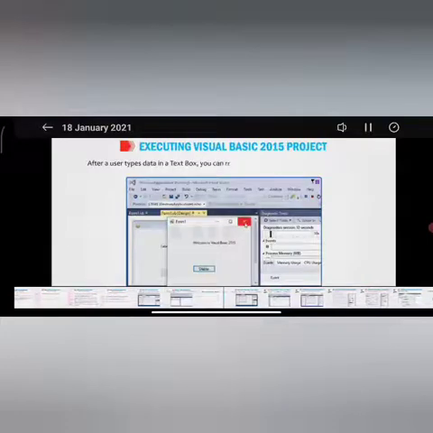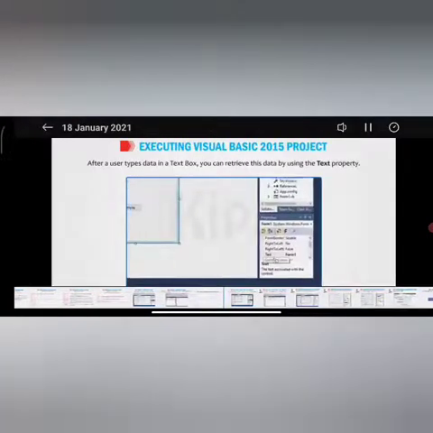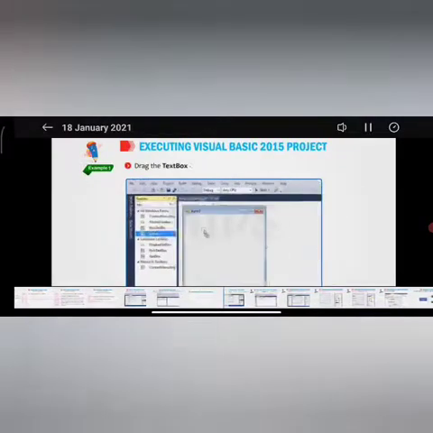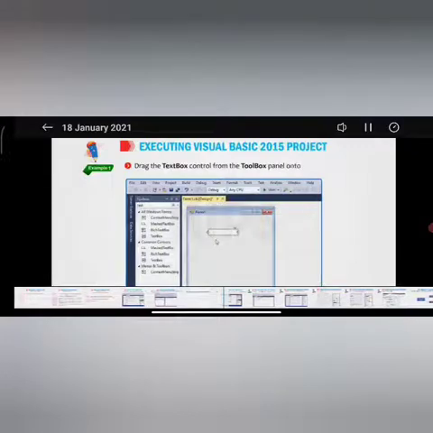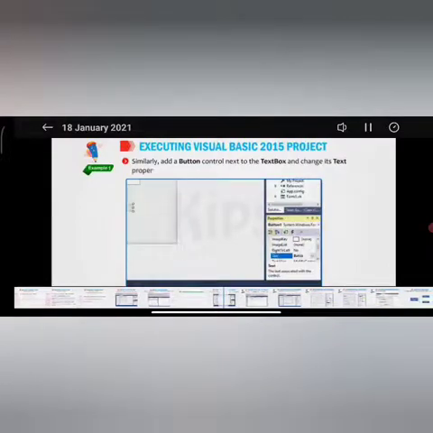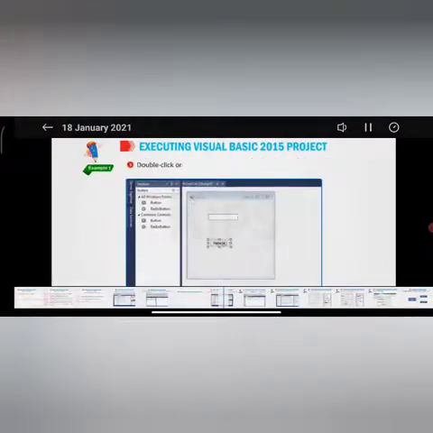You can both display text as well as accept text after a user types data in a text box. You can retrieve this data by using the text property. So example, create a program to view the message using the text box control. Drag the text box control from the toolbox panel onto the form. Similarly, add a button control next to the text box and change its text property to retrieve.